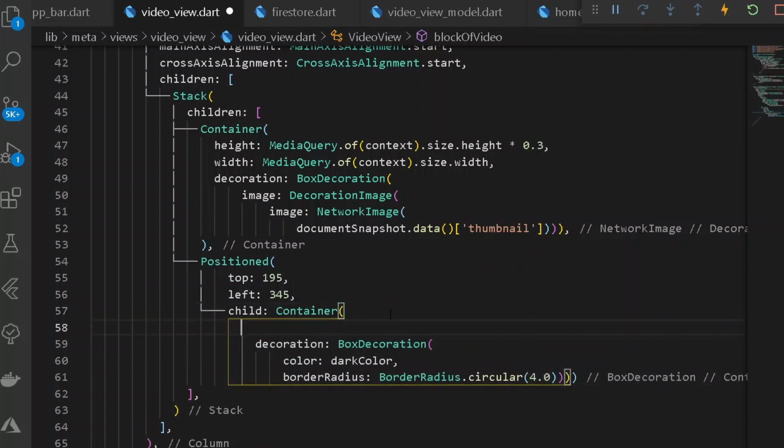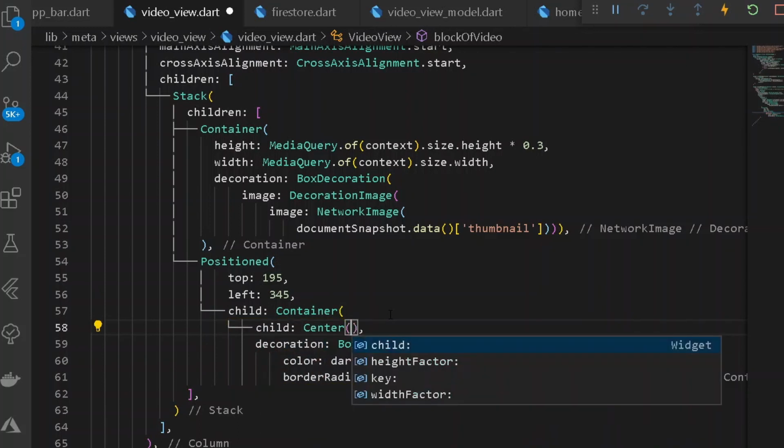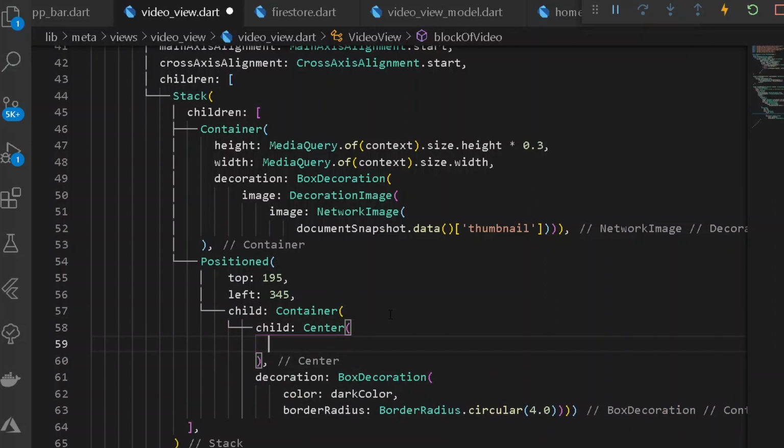So for the following container we shall be having a child to be a center, and under the center let's have a new child to be a text. The text shall be nothing but the duration of our entire video. So let's have documentSnapshot.data, and here let's have length return. Let's have some styling to it.